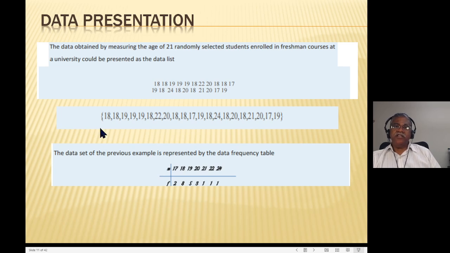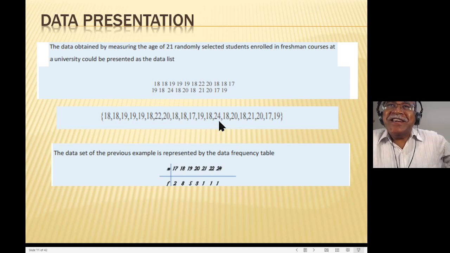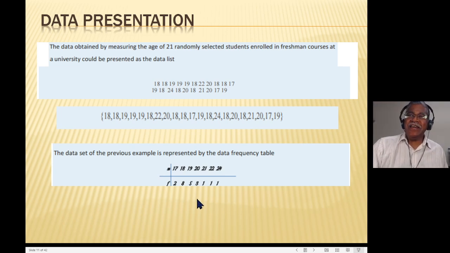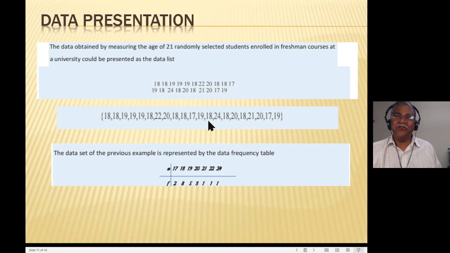So you know that the range of ages is from 17 to 21. Is that correct? Or 22. And then what you do is you basically write the ages from 17 to 22. Oh, I'm sorry. There's a 24-year-old too. This is why looking at this table allowed me to go back to the raw data, right? So there's 24, and then what you do is you create a frequency table.